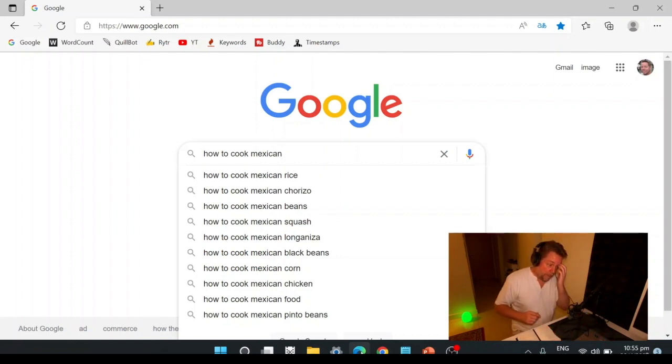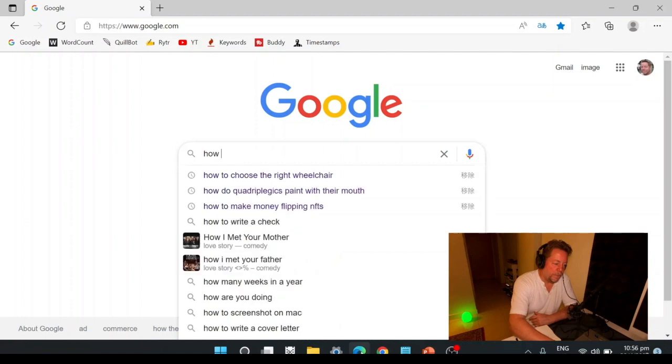If I say how to cook Mexican, now you can see it's not just how to cook, it's not just how to cook food or Mexican food, it's how to cook Mexican rice, Mexican chorizo, Mexican beans, black beans, corn, chicken, food. So you can see that this is a really good way to be inspired.